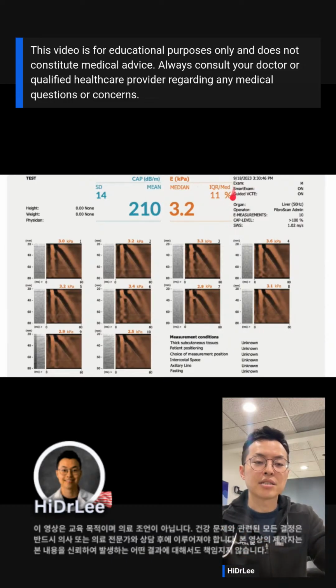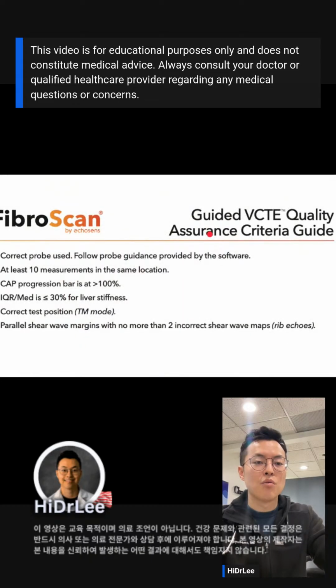It also has something called IQR, like a range. It tells us the consistency among the 10 tests, another quality measure. And you can see that it shows the fat amount in the liver and also the fibrosis severity. When it's done,